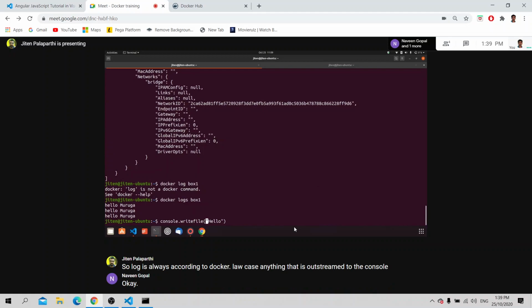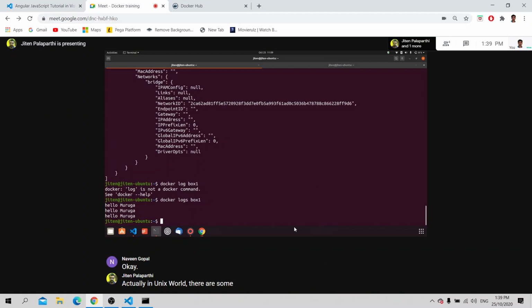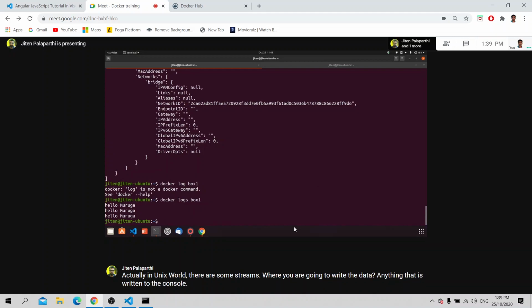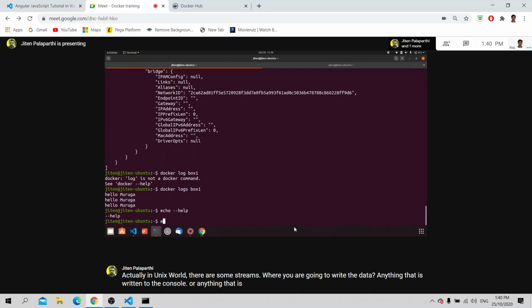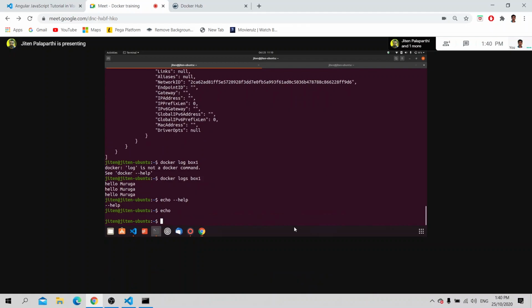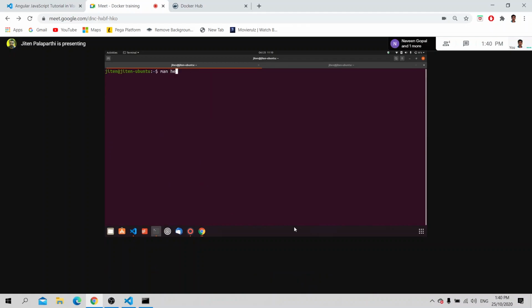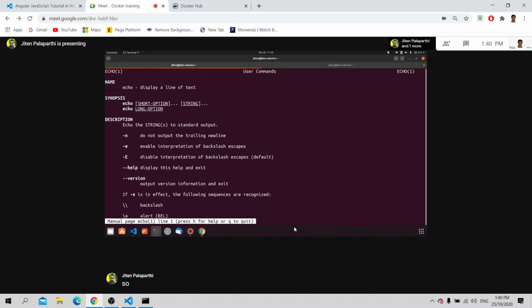Actually, in the Unix world, there are some streams where you are going to write the data. You can see the man page, which is the help of that particular thing.